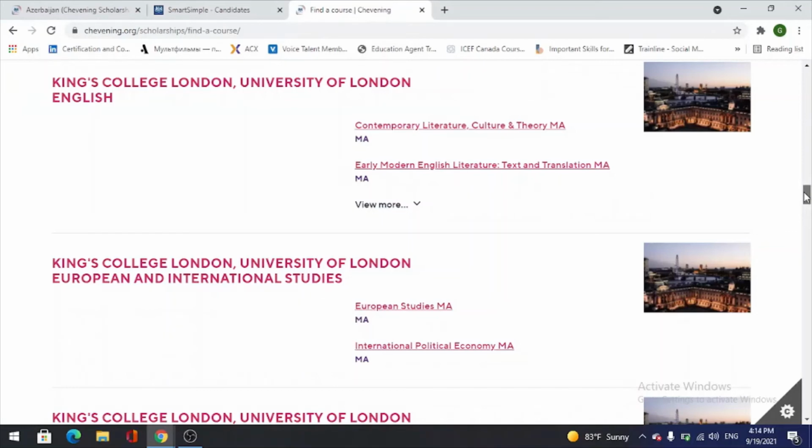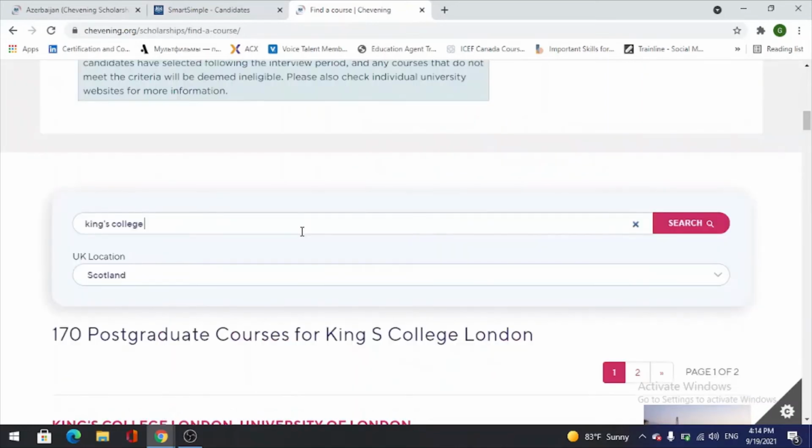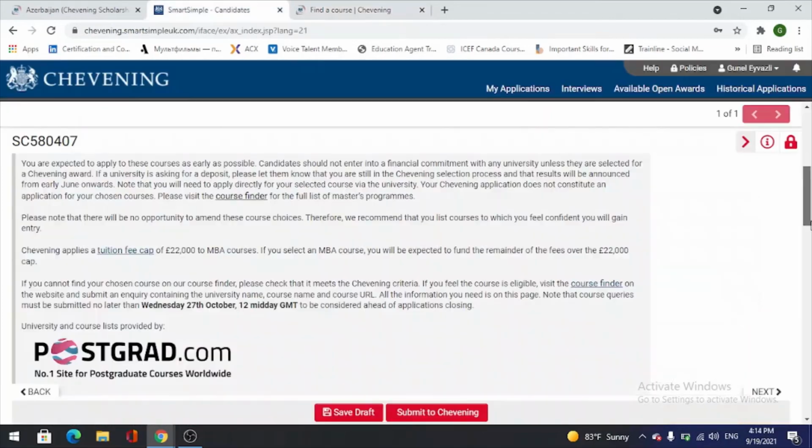From here you can also, for example, search for your favorite region of the UK. For example, you can look at Scotland and search for universities in Scotland. But if you don't find your desired course on this page and you're not sure if Chevening finances